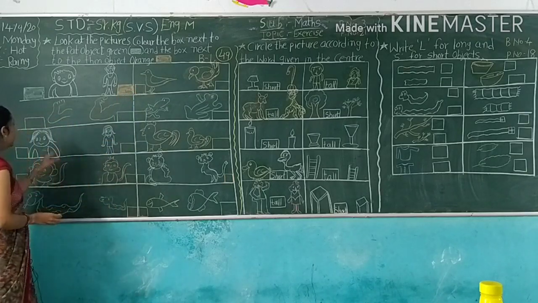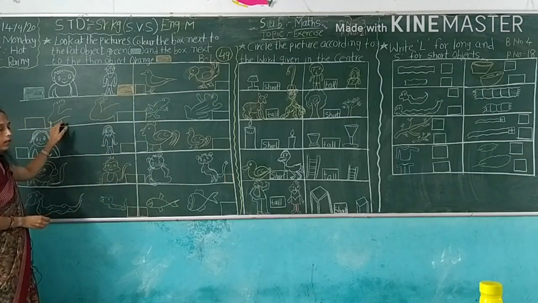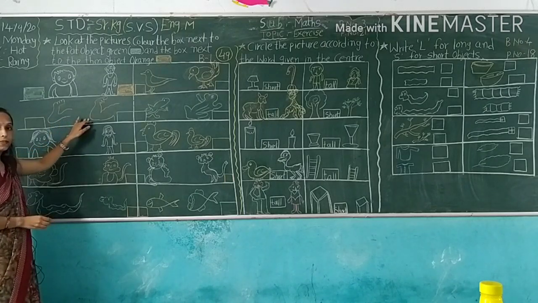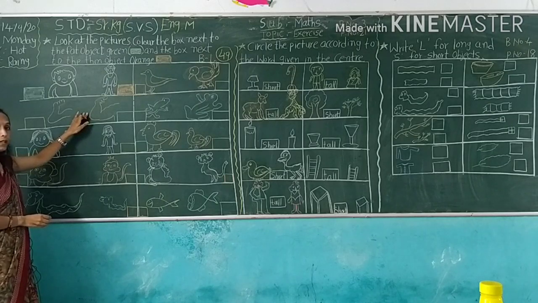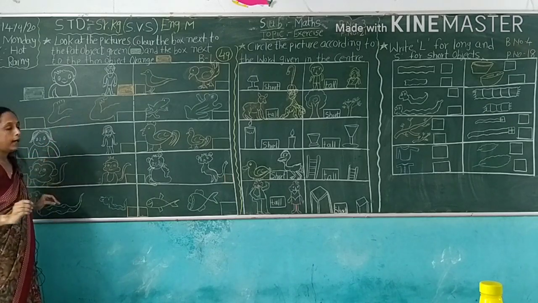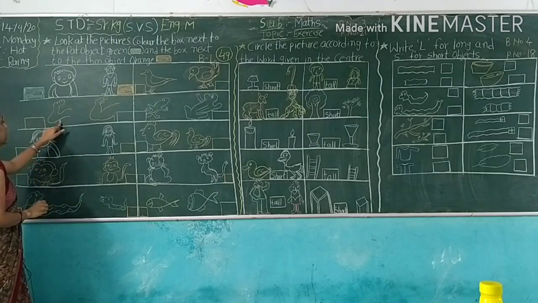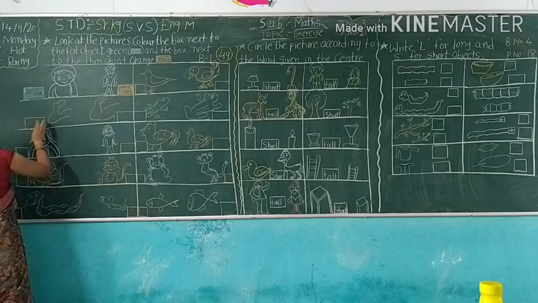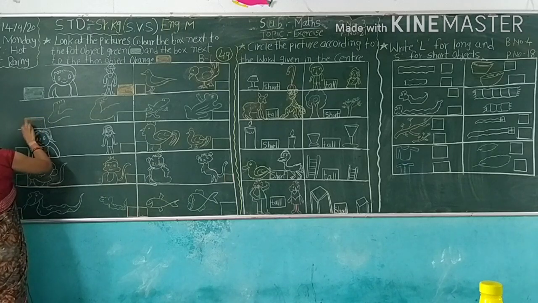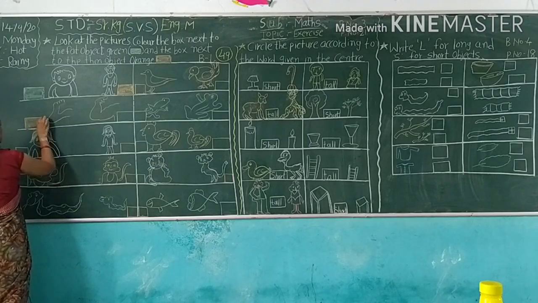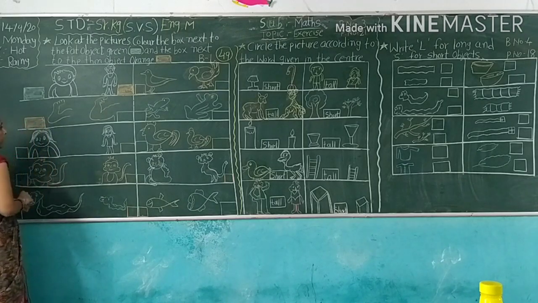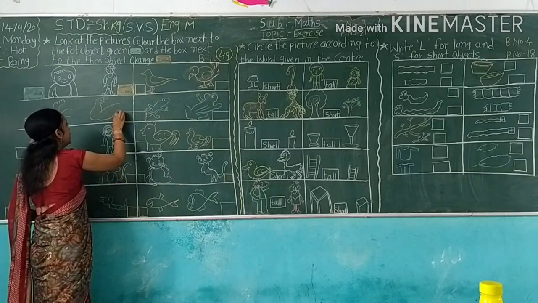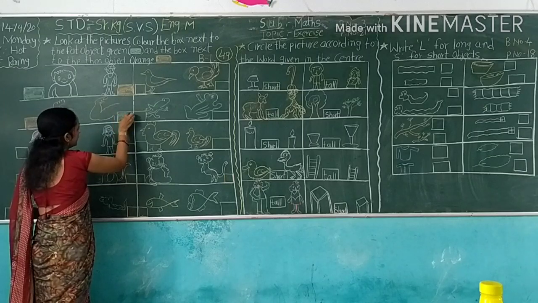And next, look here. Here I drawn two objects. So which object is fat and which object is thin? This? Yes, this object is fat and this object is thin. So here color orange. Okay. Thin object orange color. And fat object green color. So here color the green. Okay.